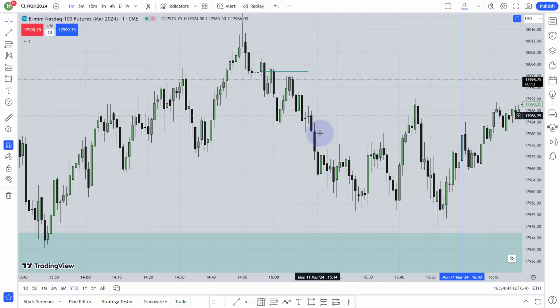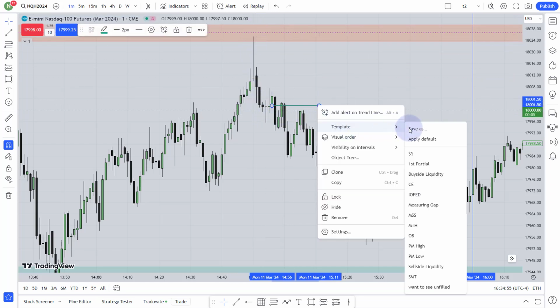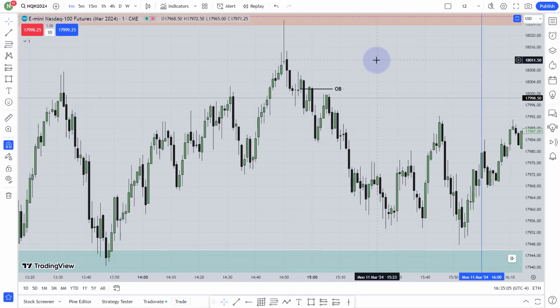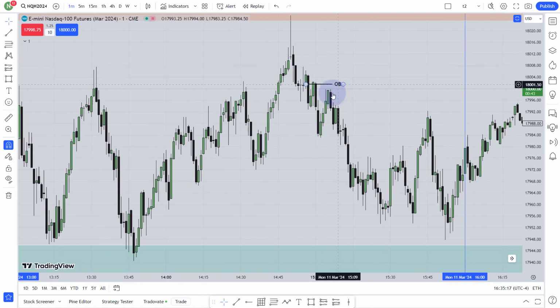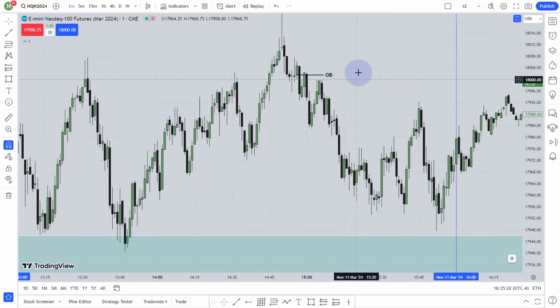If I'm thinking that the market is falling, or this is the reaction, if you know this is the last fair value gap and you are going to get a reaction, then you can go for that order block instead of the fair value gap. After getting the market structure shift, you can go for the order block as well. Now if you are not willing to take that sell, I'm happy with that, because you have already got a setup in the New York AM session, you got a setup in the London session. So the New York PM session, it's a little difficult, but I took that entry